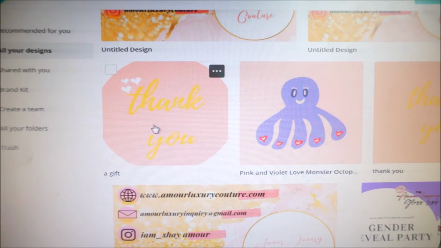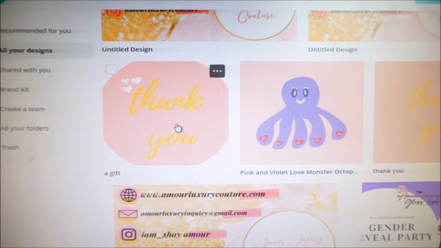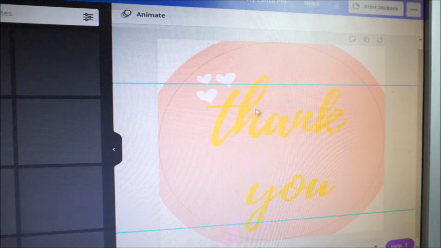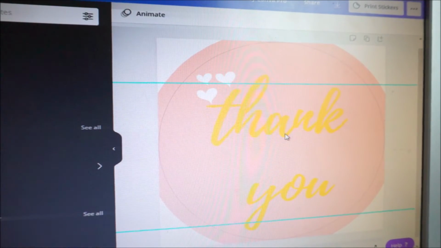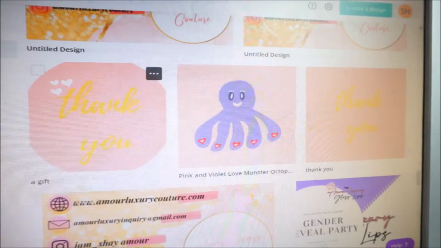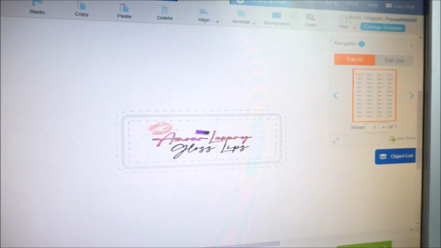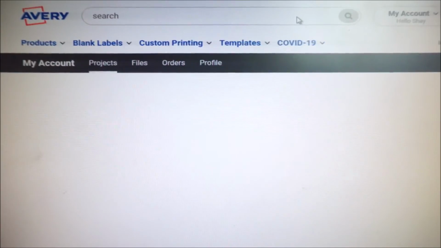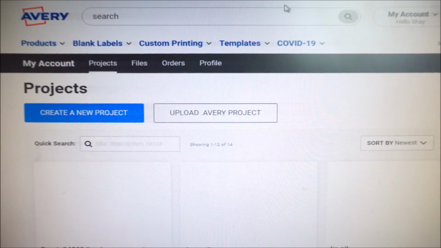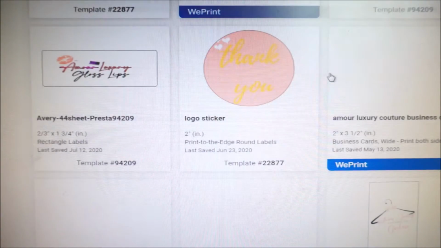Okay, so I also use Avery's matte logo stickers for my thank you stickers. I usually place these on my wholesale squeeze tube and wand tube sets boxes. So once I fill the boxes up, then I close the box using a thank you sticker. And with this thank you sticker, it was a simple